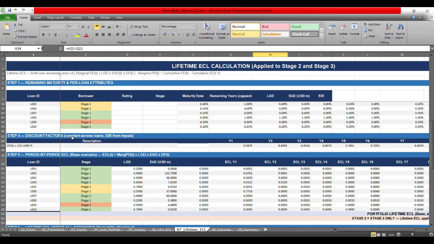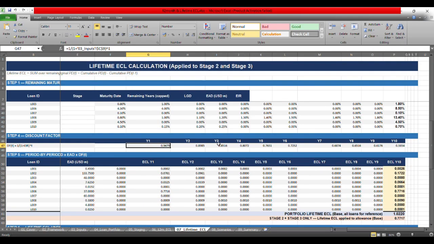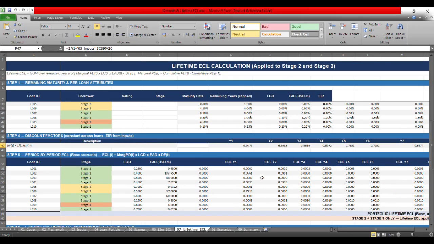Then comes step 4, the discount factor, because a dollar of loss in year 10 is worth less than a dollar of loss today. You can see that over here. For each year, I am computing the factor depending upon which year we are standing in, and that's incremental. You can see it in the formula bar. In year 10, the discount factor has come down to 0.585. It started from 0.94 and reaches 0.585, and that's the necessary calculation.